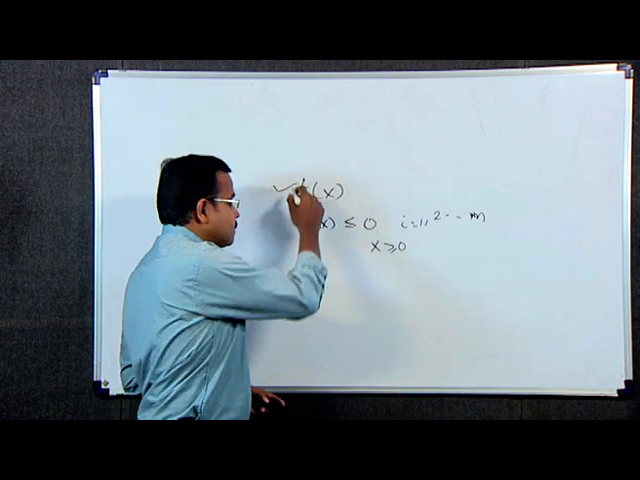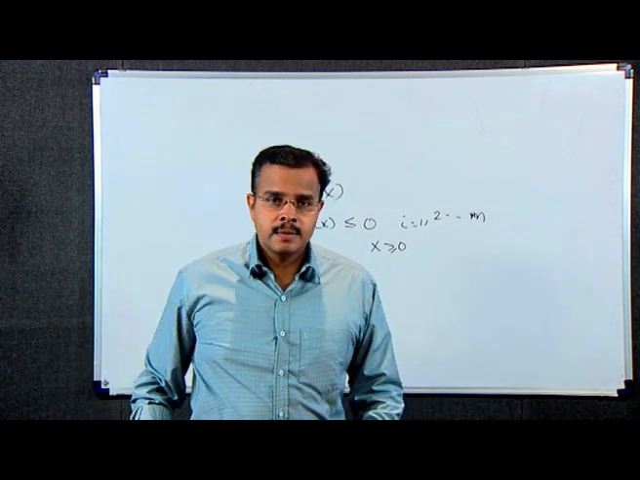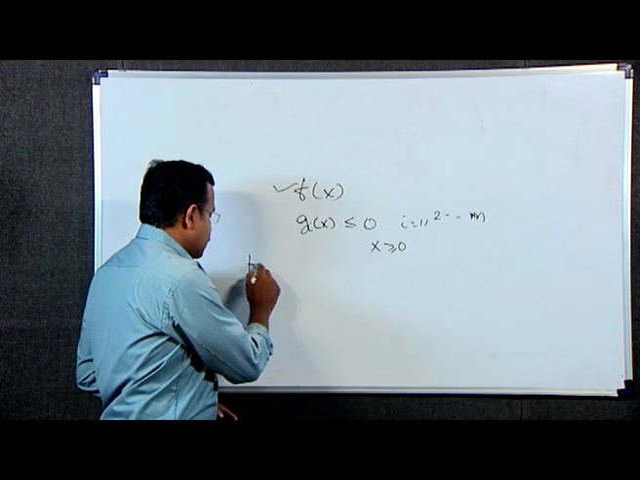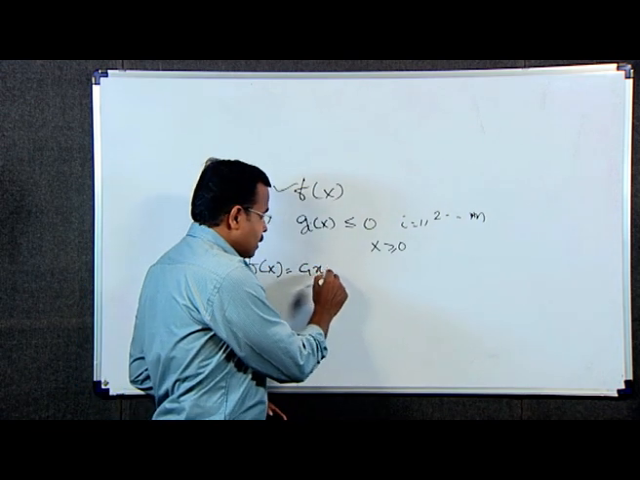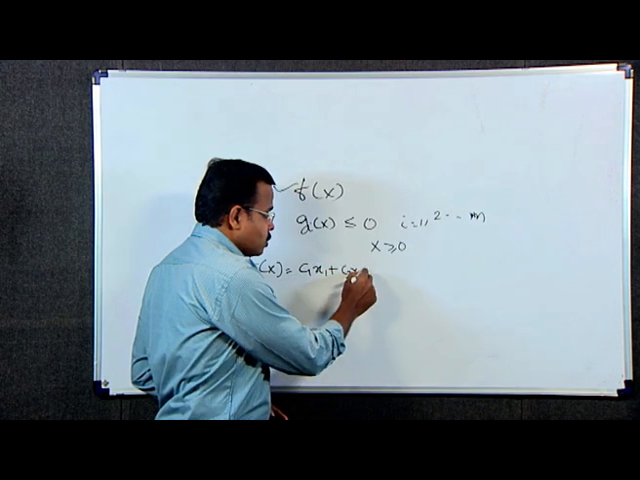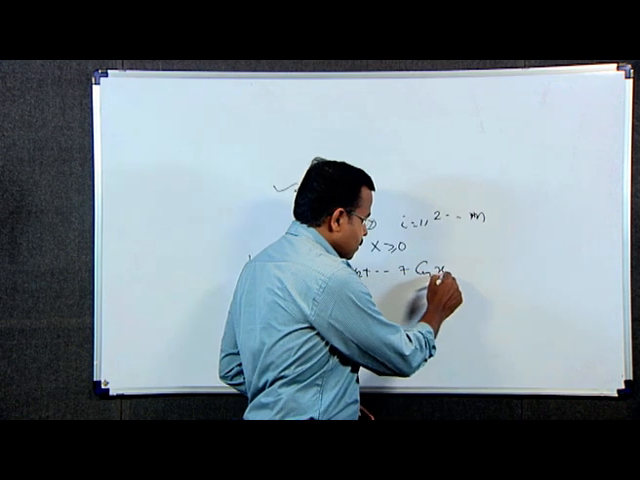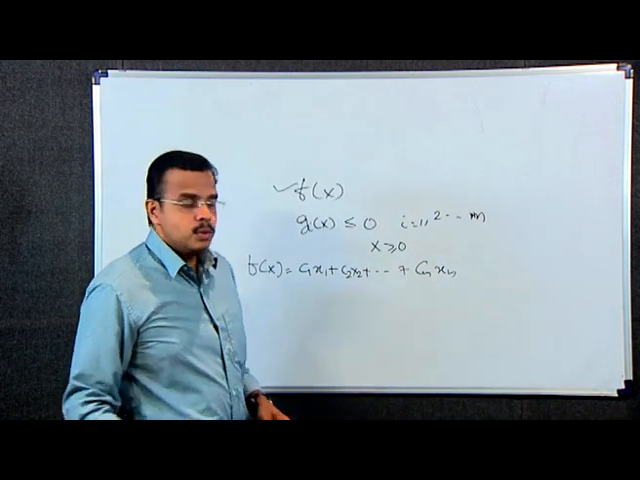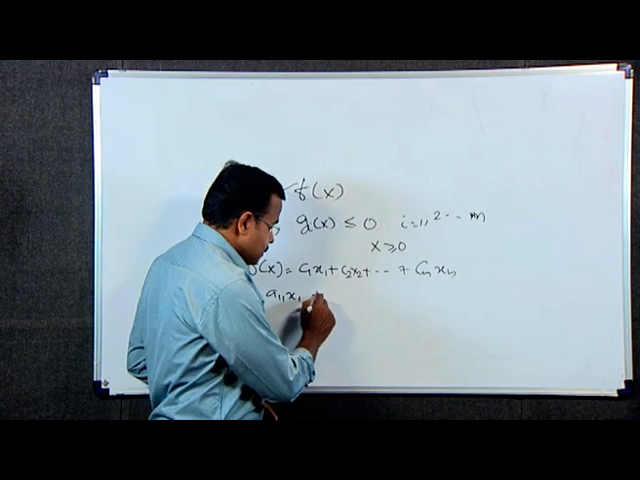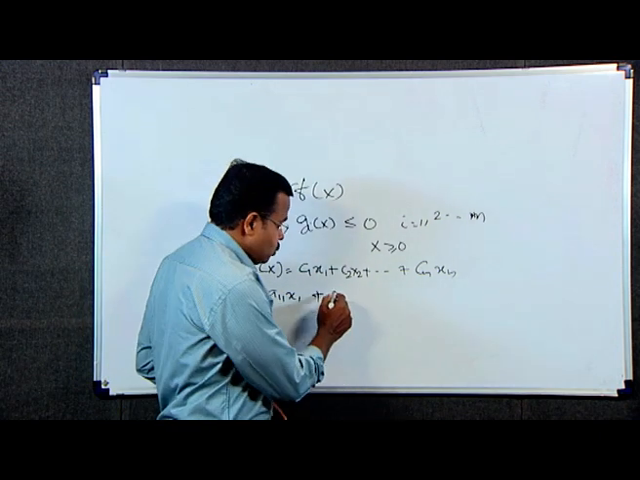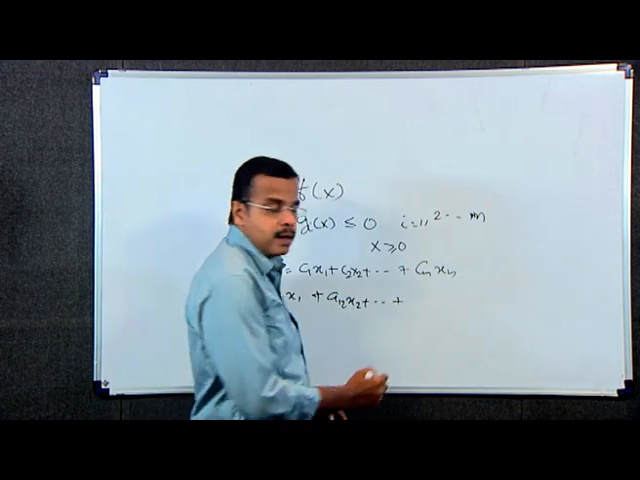that is f of x subject to the linear constraints as optimize f of x that is equal to c1 x1 plus c2 x2 plus etc. plus cn xn subject to a11 x1 plus a12 x2 plus etc. plus a1n xn